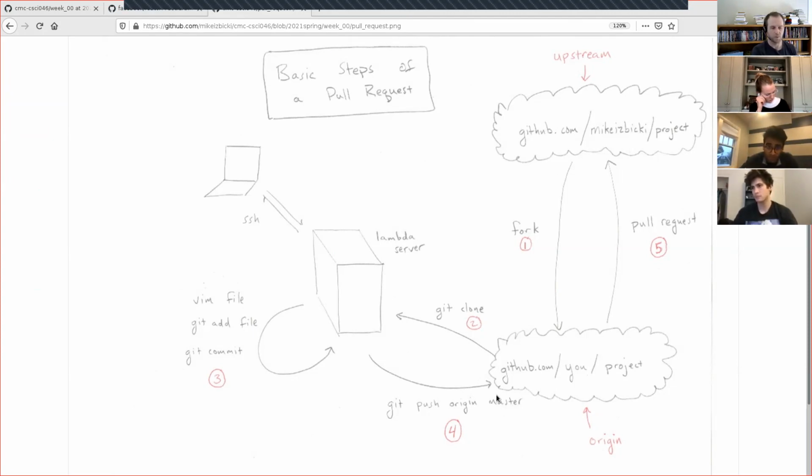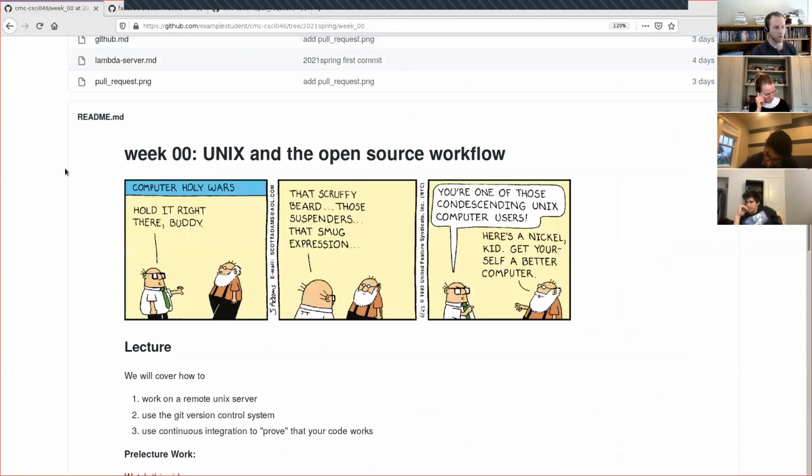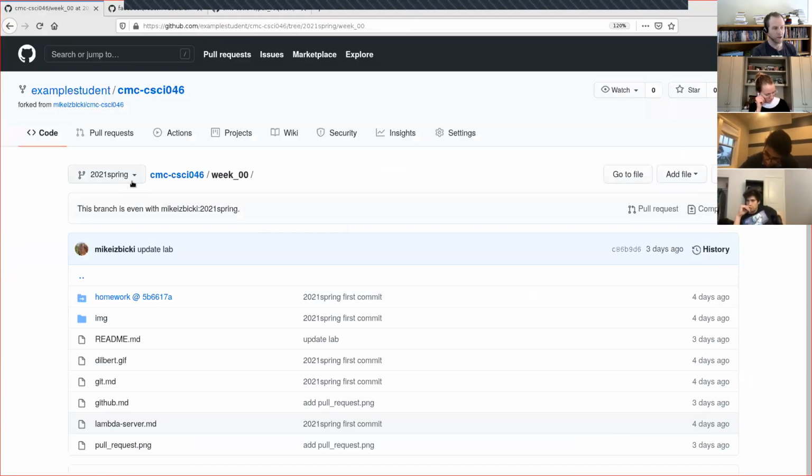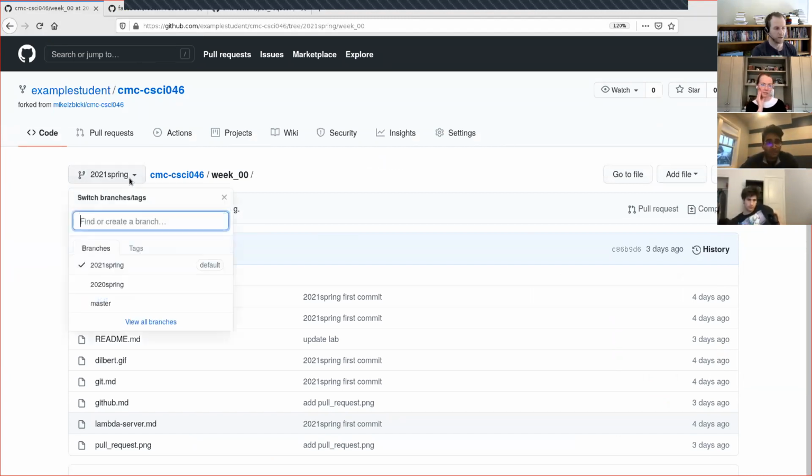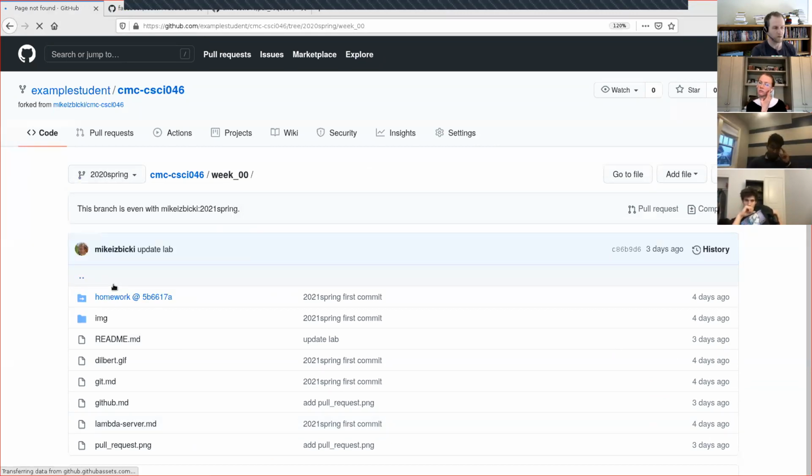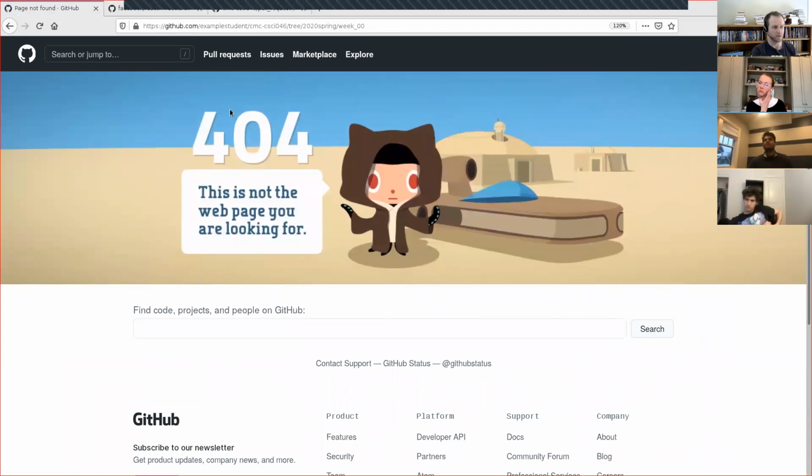And so I want to say a little bit more about what this branch means. If we go back to the repository over here, this button right here is what controls the branch that we're looking at. And if I click it, you can see that there's 3 options right now. There's 2021 spring, but then there would also be 2020 spring. So when I taught this course last semester, and so if we clicked on that,